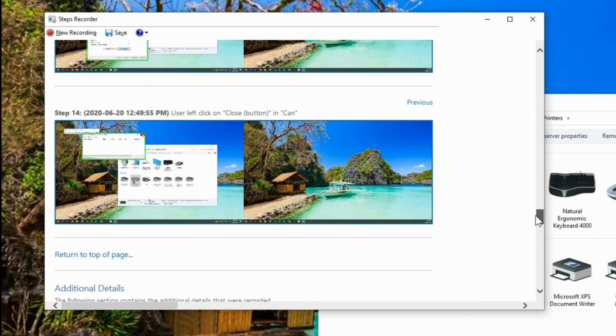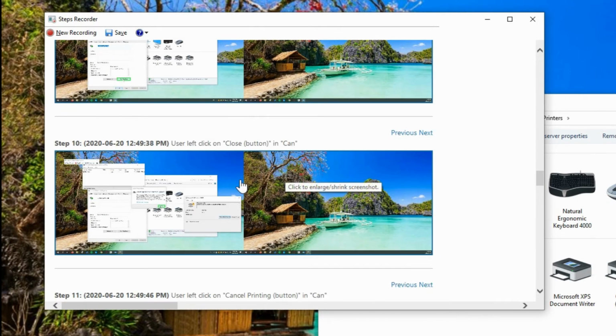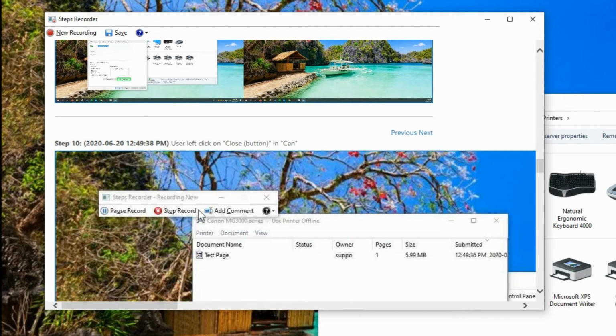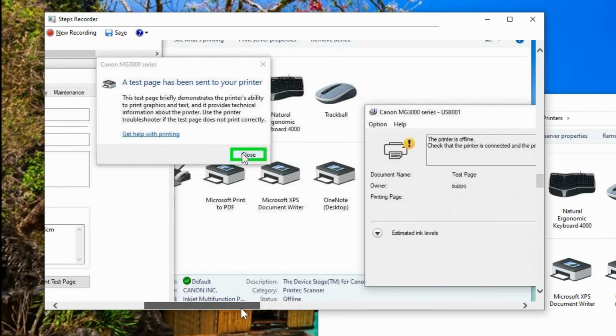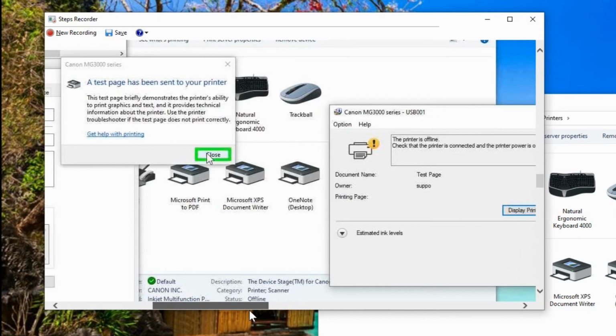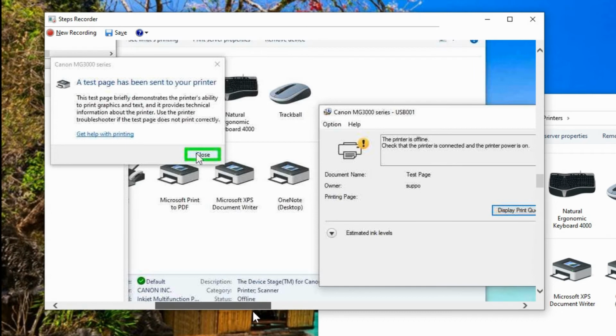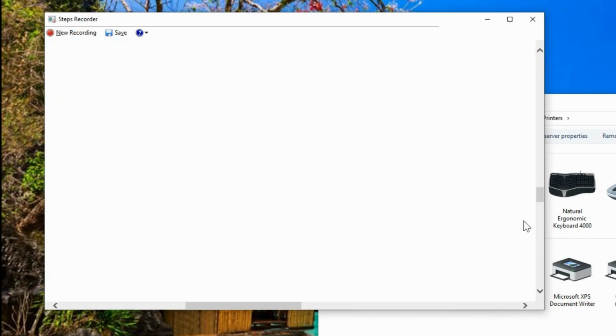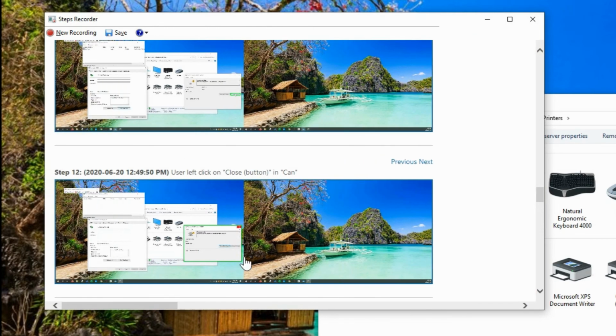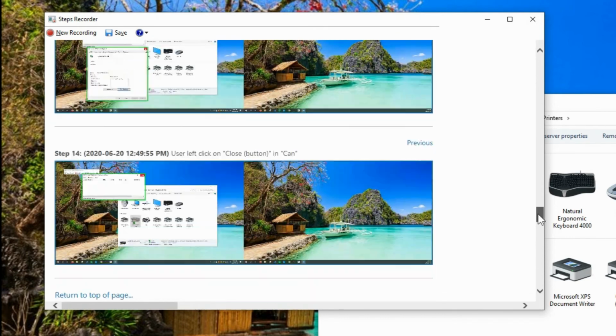If we scroll, I went a little bit too fast here thinking it's at the end. We've got the area. If we click on that again, we can zoom in and scroll over, because I've got two screens here, so it's bigger. But the test page was sent, but then they get this error message, so we can see the exact message that they're getting. And we already knew from the previous message what the issue is, and that was just the printer being marked as offline.